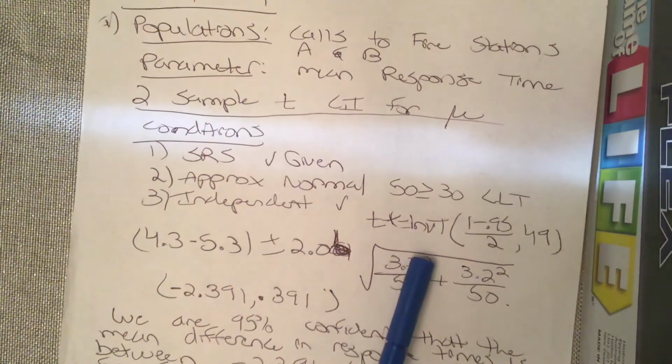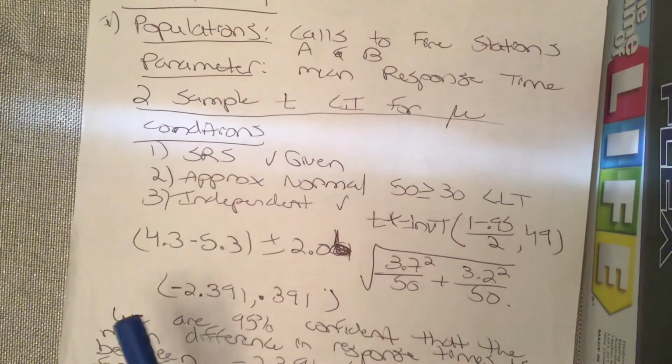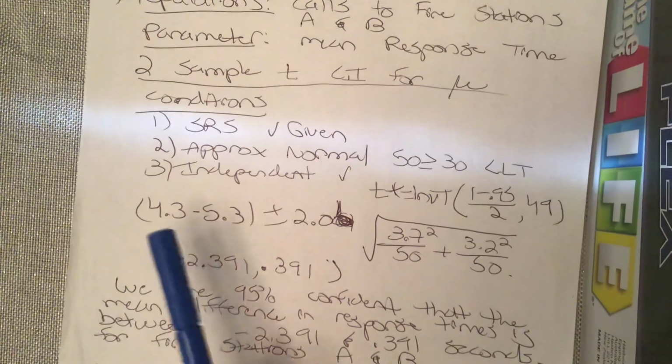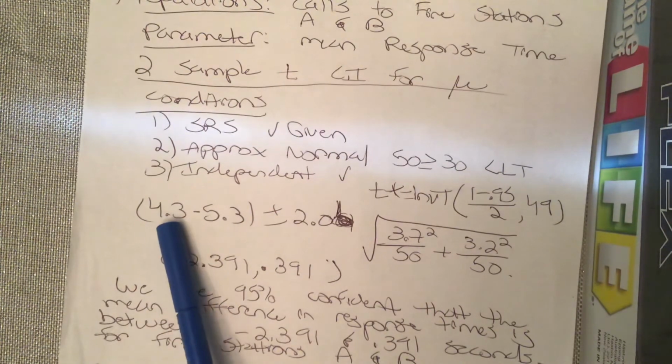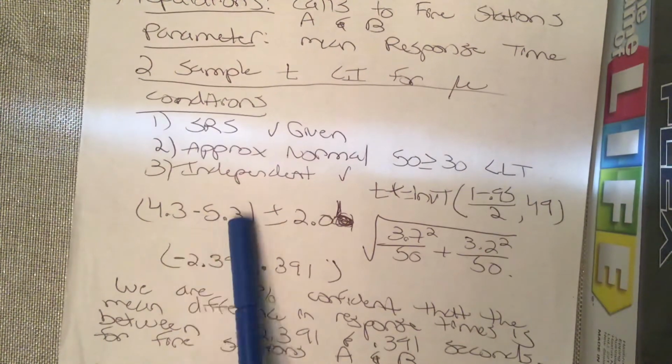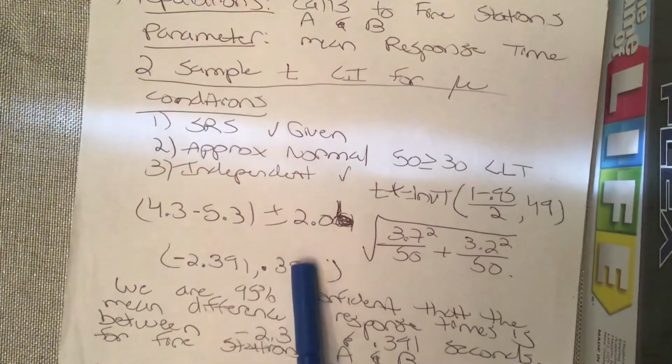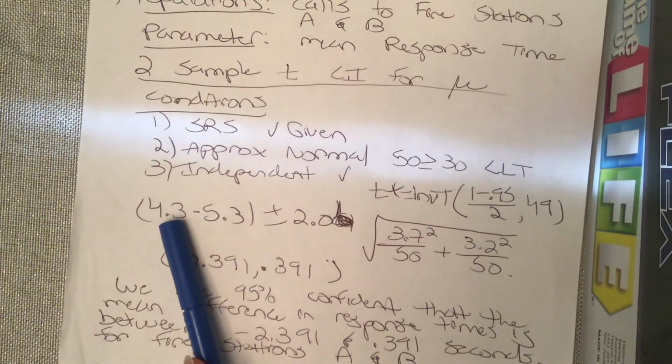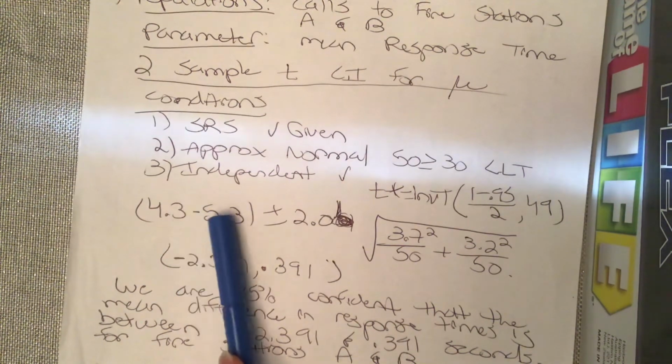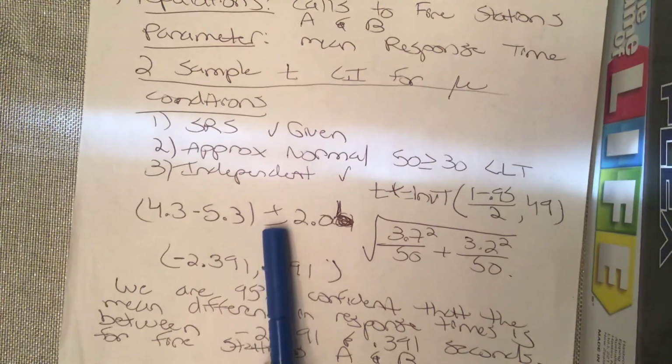And then our step 3, okay, so this is the formula that we're going to use for our step 3. So it's the difference in the two means. And by the way, if you reverse these two, it's going to be totally okay. You're going to get these same values just with opposite signs. So the way I did it was I did the north minus the south. So it's the mean of the north minus the mean of the south, plus or minus, and then this is